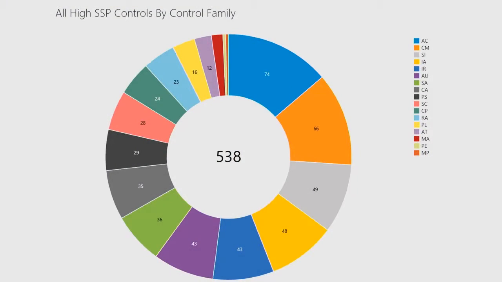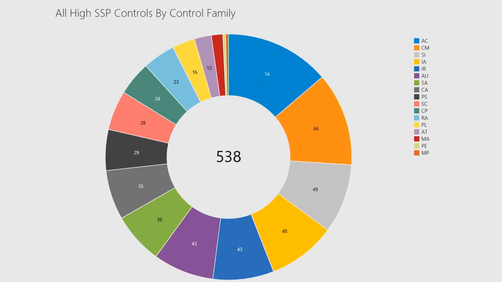So for customer controls, this is just an example of the high controls that are customer or shared responsibilities that need to have answers. On the far right, you can see access controls in blue and configuration management in orange. That's like 66 and 74 controls for high.